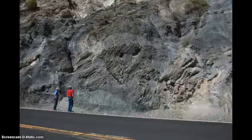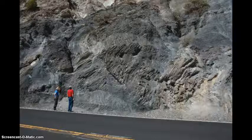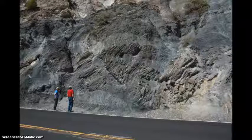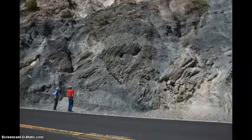So this is an overview. This gives you some idea of what happens to the layers when they're metamorphosed. They get really twisted. They change their shapes, although the overall formations don't seem to change their shapes. The exterior seems pristine. The inside seems to get warped. Where there's not a road cut, you can't tell this is going on. But where there is a road cut, you can see all of these changes to the layering during the